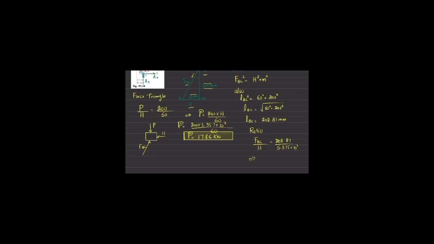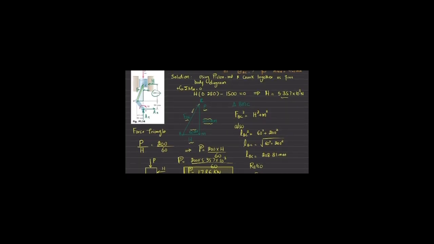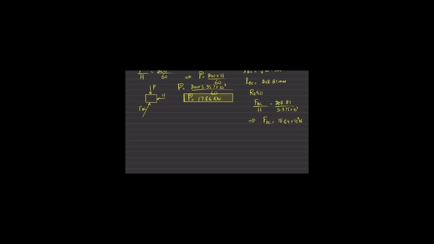So here you will get this force FBC equal to 18.64 into 10 raised to power 3 Newton. Now again you can see this force is in this direction, clear. So member BC is in compression. So what I have to write is that rod BC is a compression member,